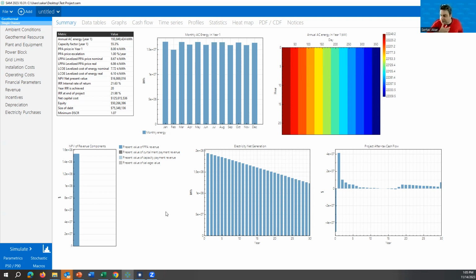Second question, that's a very good question. Actually, it is based on your PPA. If you have a good PPA, instead of that $8 per kilowatt hour, if you're lucky and you get $10 per kilowatt hour for 10 years, you want to force the reservoir and just front load the project and generate as much as possible with the high PPA, for when your PPA ends and your next agreement is going to be less than that. Or if you have a feed-in tariff,